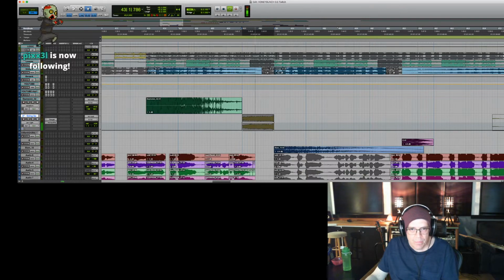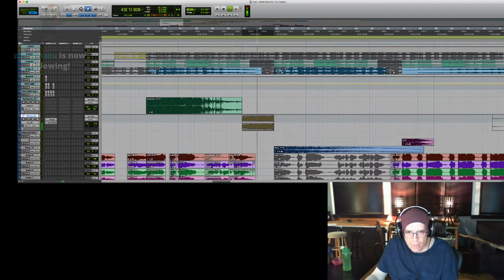All right. And about here we'll have it start splitting into stereo again. A little further. That's a spot, he says.